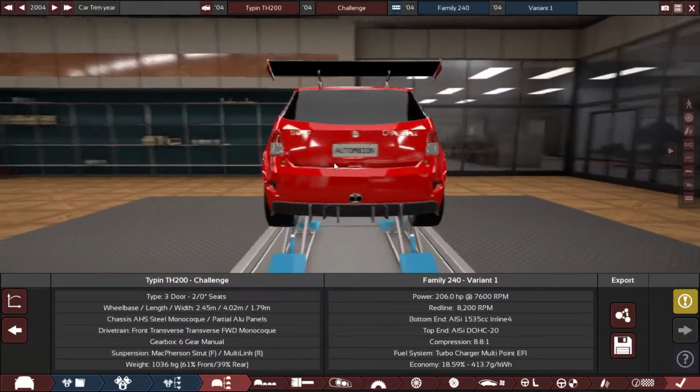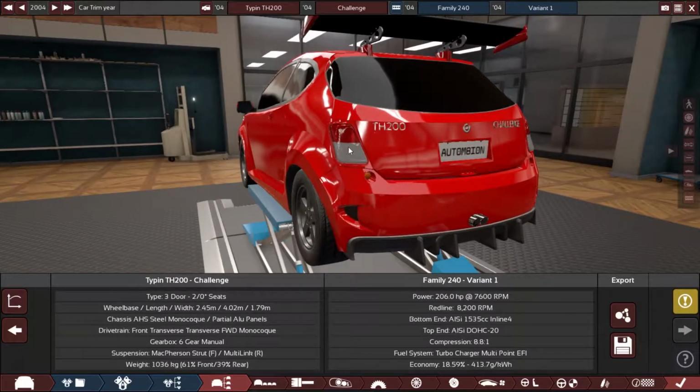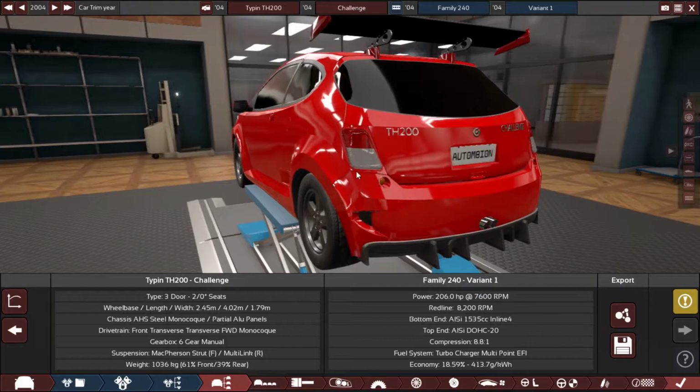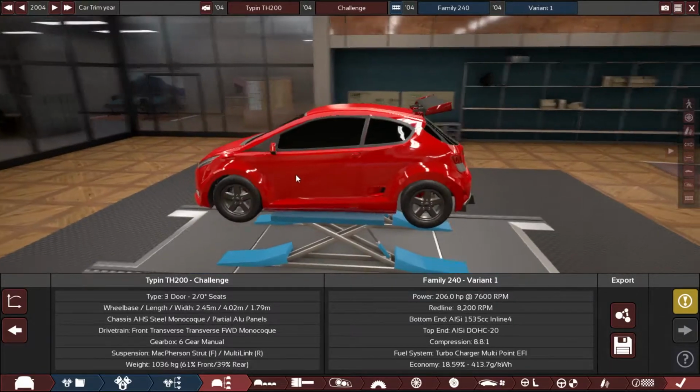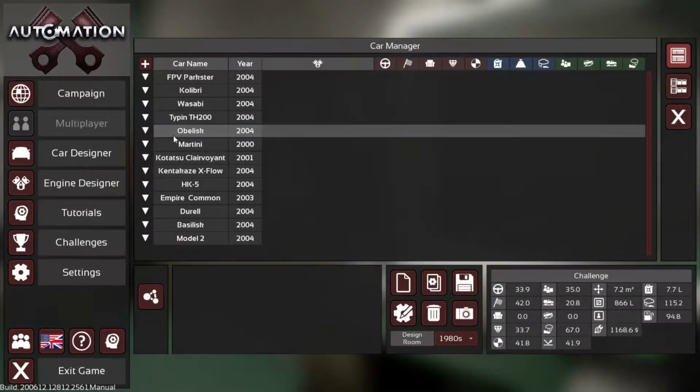And the rear is also kind of nice. Look at that, so much well placed, tasteful detail. I really like these. I'm happy to see these done. Yeah, this is also a nice car. I can't really say much else. All right, next one. We've got the Obelisk